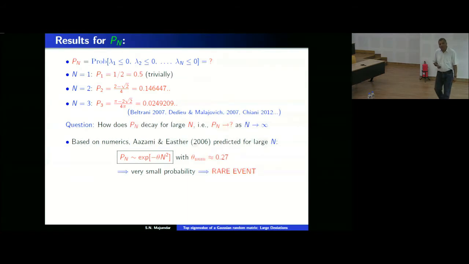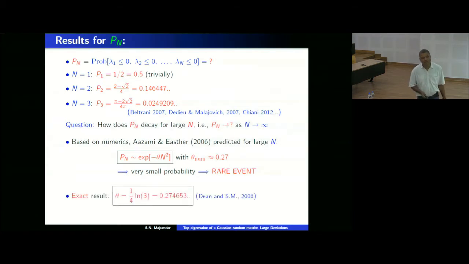So we wanted to understand that, and also we wanted to know if we can calculate this number theta. So we said, how difficult can it be? But it turned out to be quite difficult in the end. In the end, I'll show you that you can compute this number theta exactly, and it turns out to be just 1/4 log 3, which is in good agreement with this